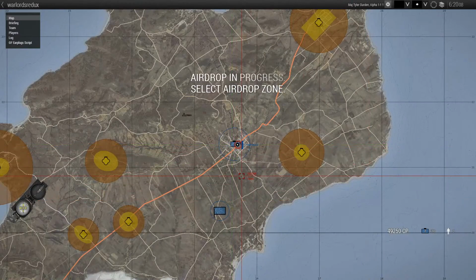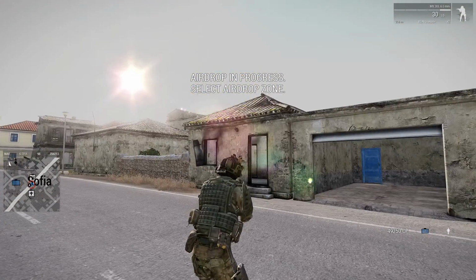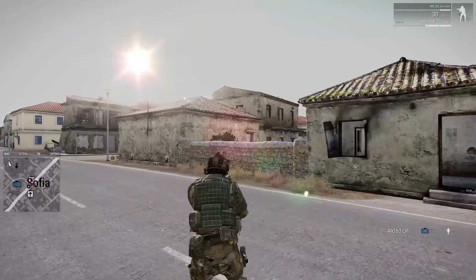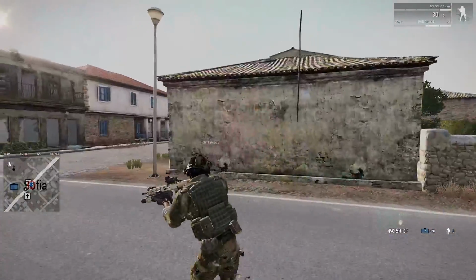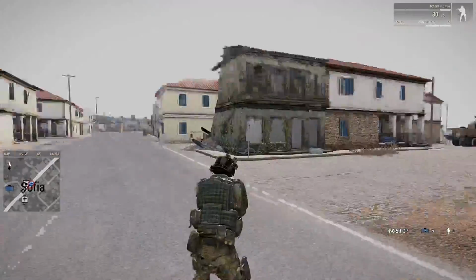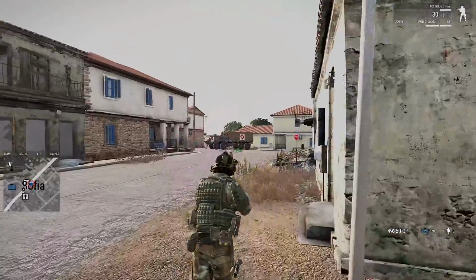Select drop zone. Airdrop in progress. Hey, dude, this city is cursed. I've lost more vehicles in Sofia than town. Okay. Definitely not spawning